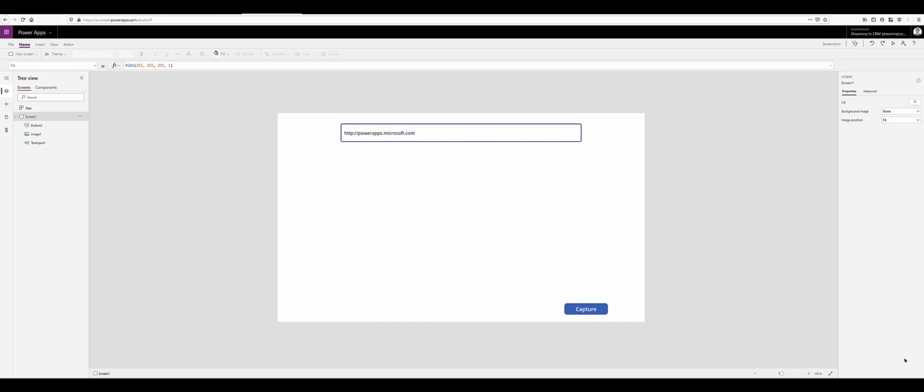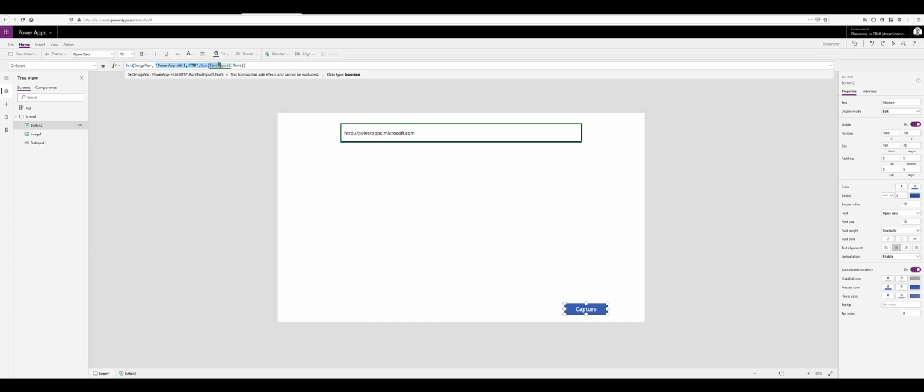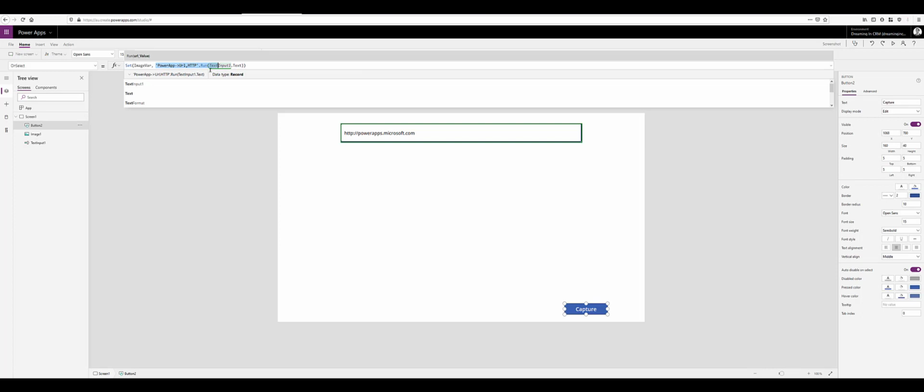Okay, now we have created the flow. How do we use this flow on a Canvas app? So here is a simple Canvas app I built. It's got only three controls. One control to call the flow. So if you click this capture, you can see on the OnSelect, it is setting a variable called image variable, and that image variable is actually from a flow. So Power App URL HTTP, that's just a flow, and the parameter passed to that flow is what is from the text input. So the way you attach that is just insert